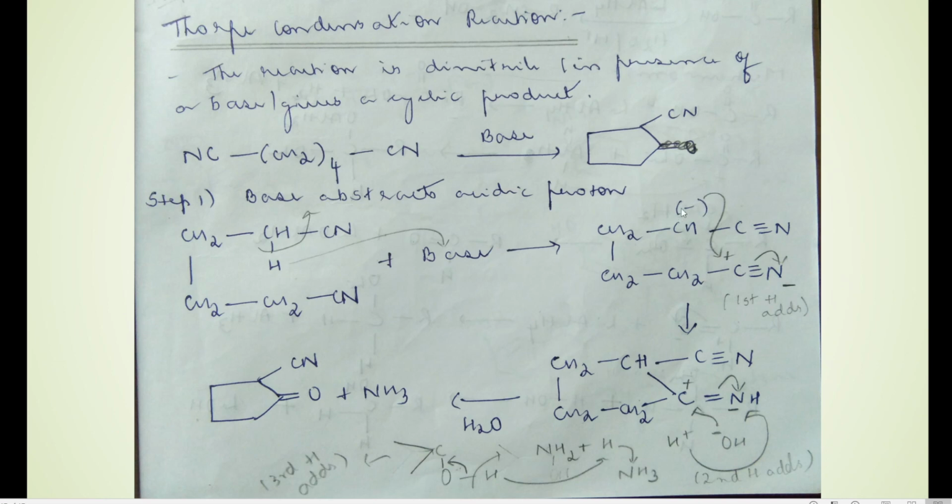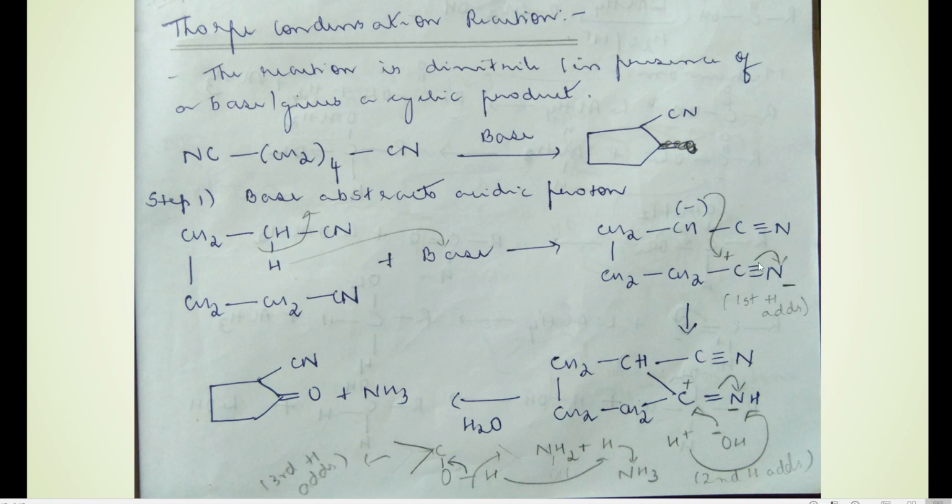What happens in the next steps? This carbon is getting a negative charge, that is happening in the first step. This hydrogen is abstracted by the base. In the next step we are opening this group and writing, that is CN, that is nothing but C triple bond N, correct? So this nitrogen being more electronegative than carbon starts to pull one of the three bonds towards nitrogen. So nitrogen will get a partial negative charge and carbon will get a positive charge. Since this carbon has a positive charge and this carbon has a negative charge, there is a bond formation between this carbon and this carbon. Okay.